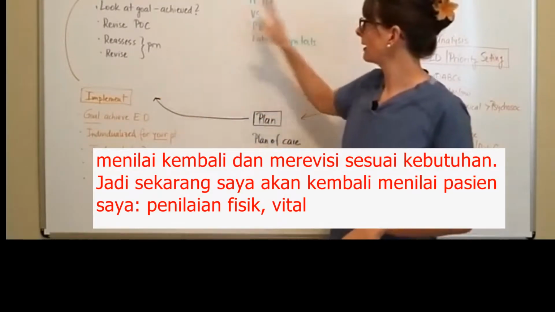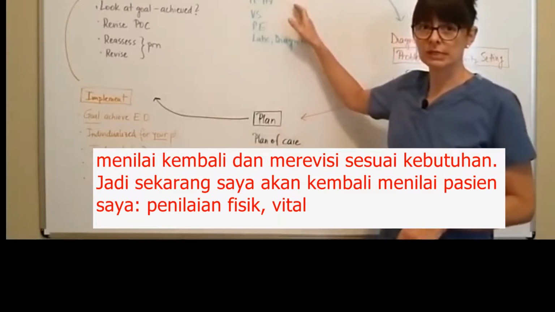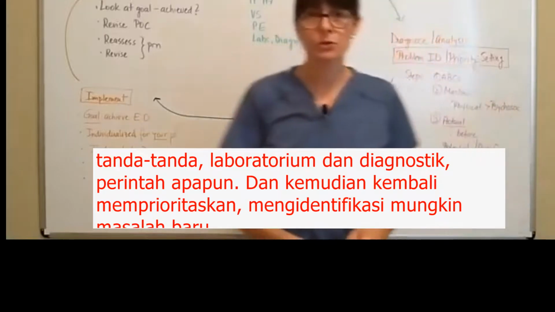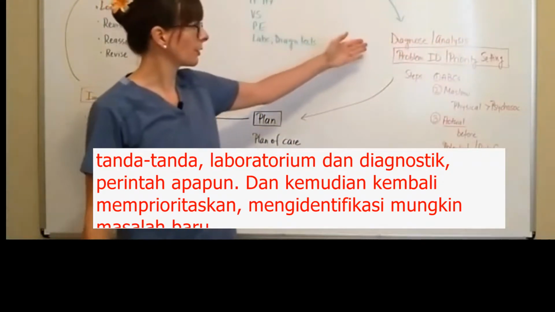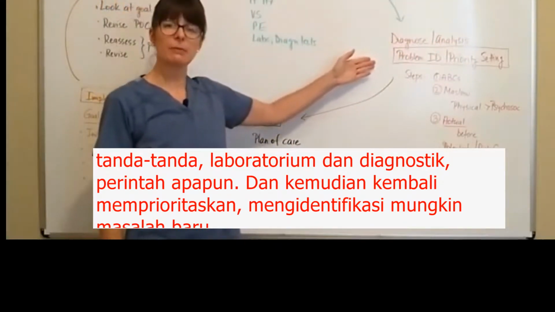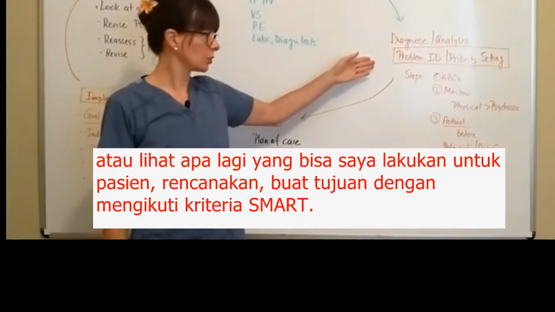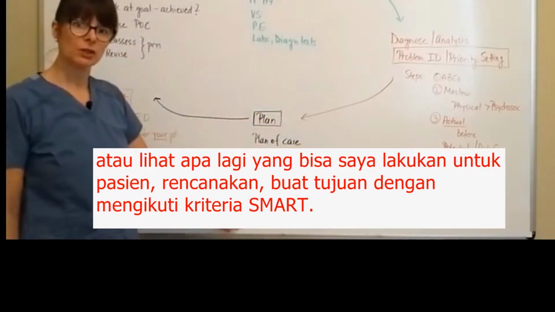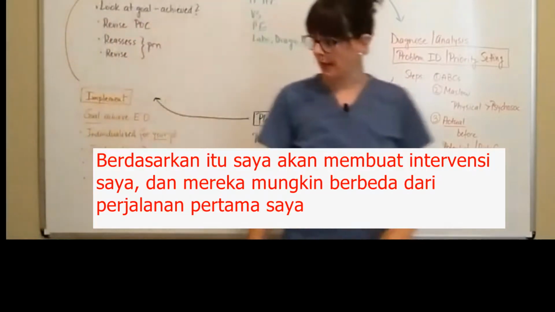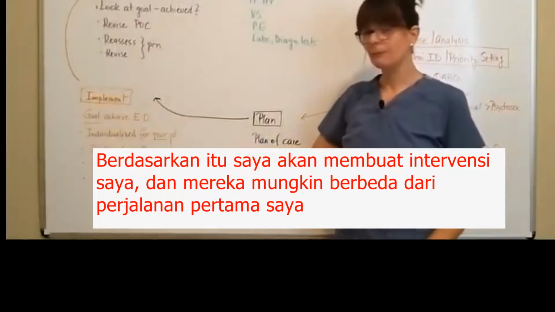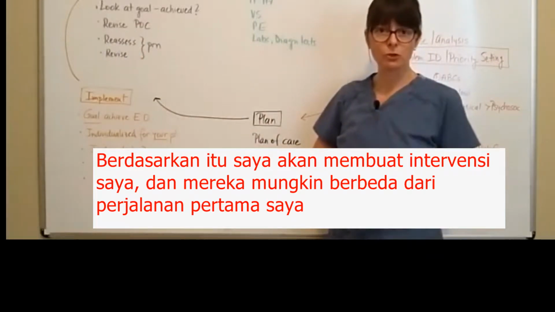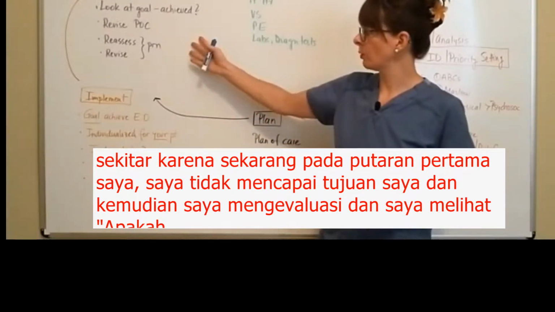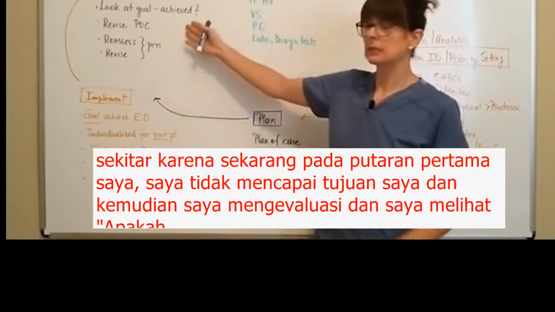So now I would go back, assess the patient, physical assessment, vital signs, labs and diagnostics, any orders, and then again reprioritize, identify maybe the new problems or see what else I can do for the patient, plan, come up with a goal following the SMART criteria. Based on that, I'll come up with my interventions, and they might be different from my first go around because now first go around I didn't achieve my goal, and then I evaluate and I see did I now achieve